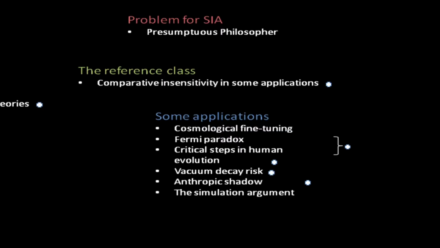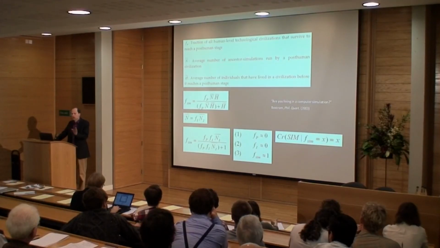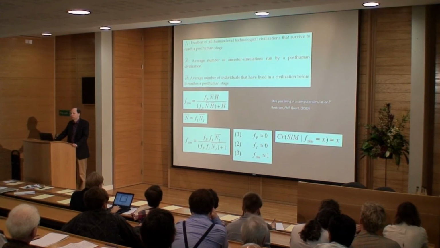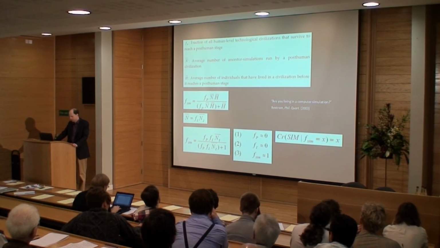So the simulation argument tries to show that one of three propositions is true. One of them is that almost all civilizations at our stage of technological development go extinct before they reach technological maturity, having developed all those basic technological capabilities that we already have reason to think are physically feasible to eventually obtain. The second possibility is that there is a very strong convergence among all technologically mature civilizations,